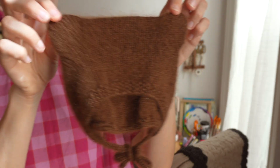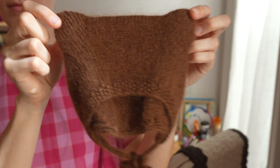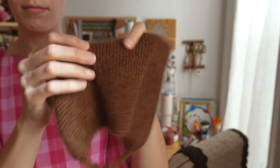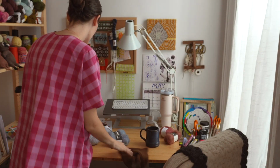After my Audrey vest, I cast on a few smaller projects, which I will get to, but one of those that I've actually finished is some baby gifts. Can you see my eye twitching right now? Because, oh my gosh, it feels like there are so many people in my life having a baby this year. So I am back in baby gift world in my knitting, and they're so cute. It's hard to resist